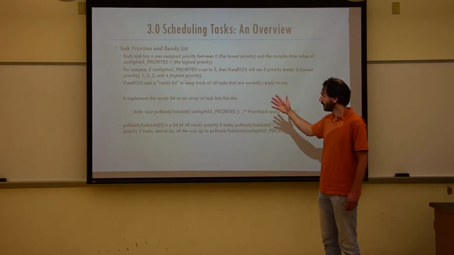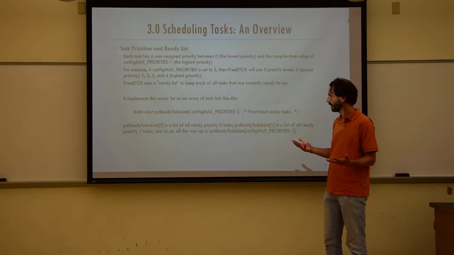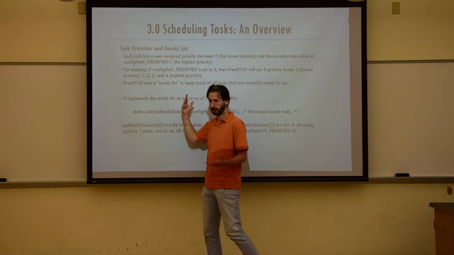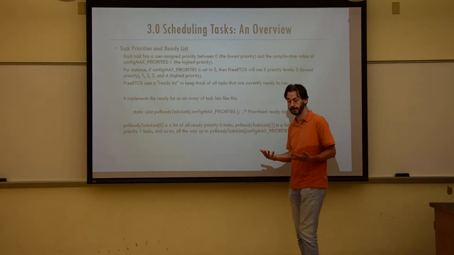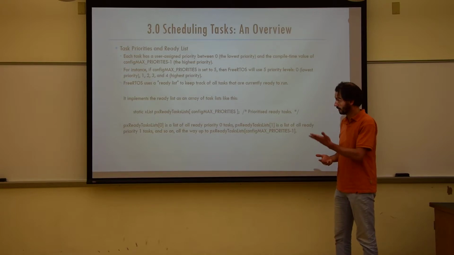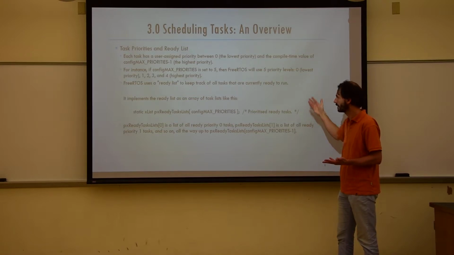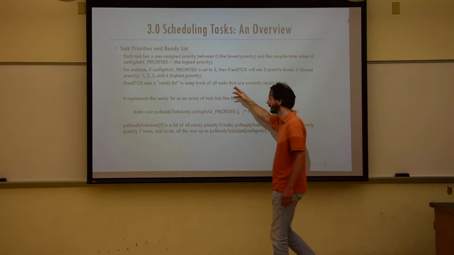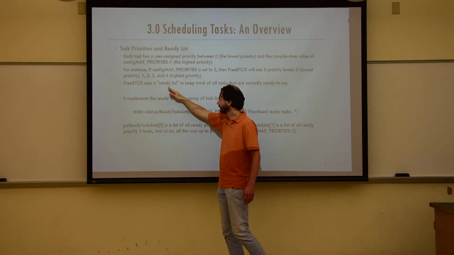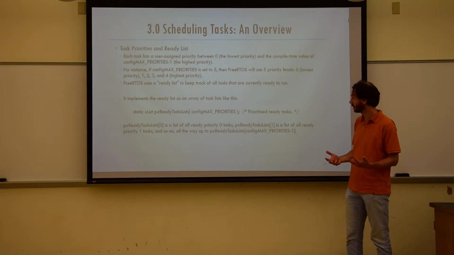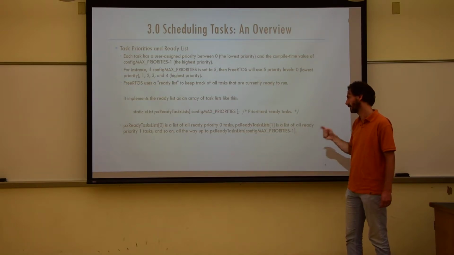Okay, so now what about these task priorities? So how does FreeRTOS do this? Well, you can set a parameter that talks about the maximum number of priorities that you will have. So called max priorities. So for example, if you have 5, then you would have 0, 1, 2, 3 and 4. Actually 0 here indicates the lowest priority, and then 4 the highest priority here. Then FreeRTOS uses a ready list to keep track of all these tasks that are currently ready to run. So if you're looking at that,